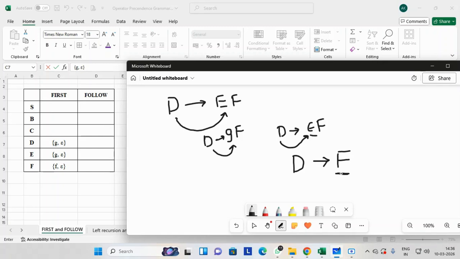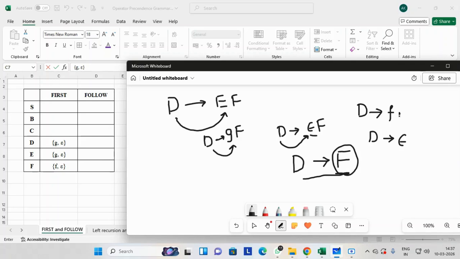Since first of D is again a capital letter, I replace this capital letter F with its first. Thus, the production is updated: replacing F with its first, I get D giving f and D giving epsilon. Pay attention, with these updations, D's first is f, because first of a capital letter is replaced with its first.